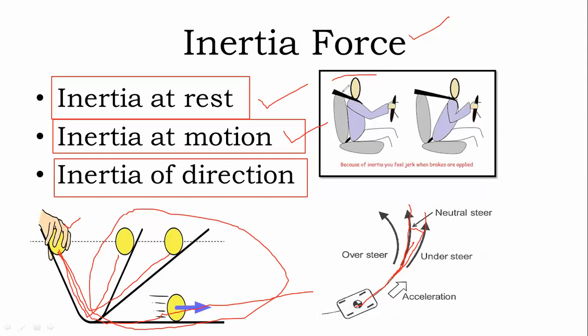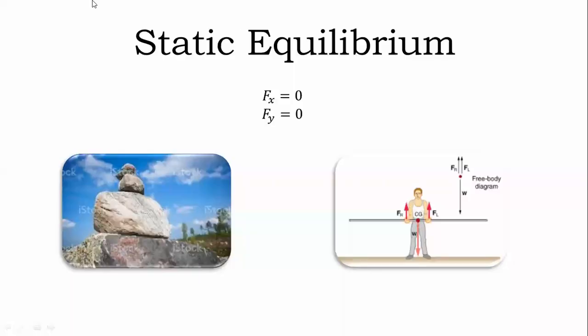Okay. So in a simple way, I'm telling you, there is some imaginary force in the machine members that causes disturbance to the system, either at rest as well as in motion. That force we take as an inertia force. Hope you got to know a little bit of the concept about inertia force.